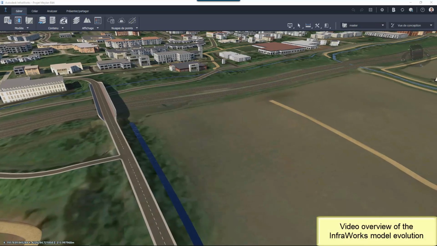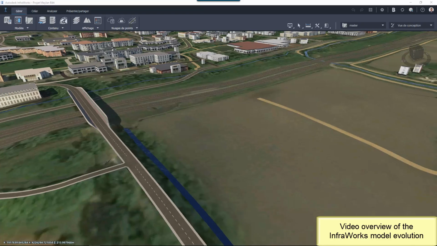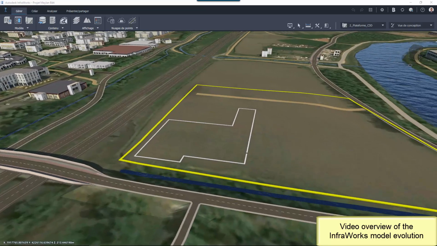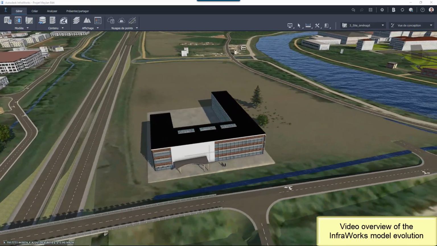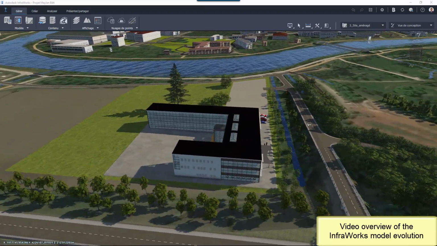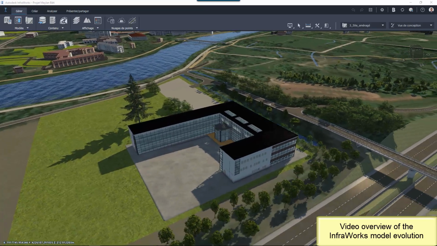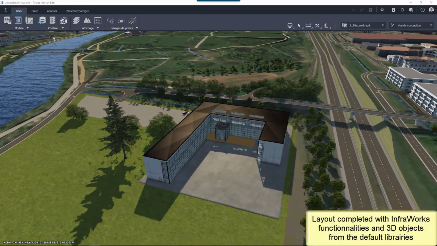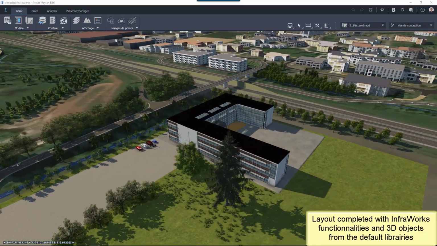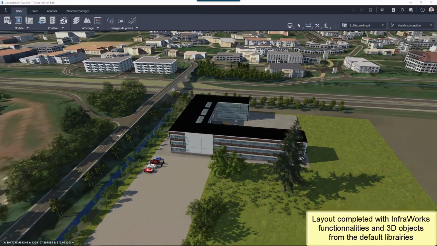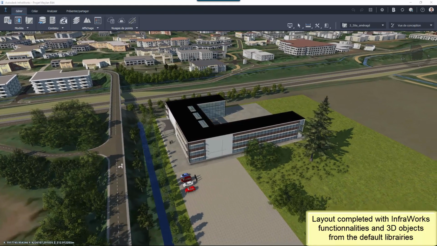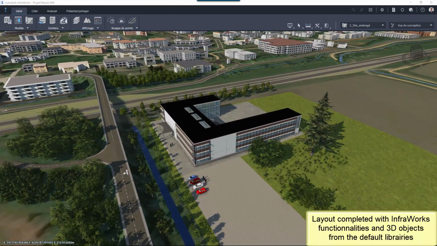This overview shows the evolution of the InfraWorks model from the first context creation to the full model we could show to our client or to the public. It also shows what is possible to add to a site layout with InfraWorks tools: road connections for access, parking, vegetation, floor material for each area, etc. Each work phase could be aligned with a specific proposal of the InfraWorks model to help the communication and to explain with visual support what will be the main work sequences.